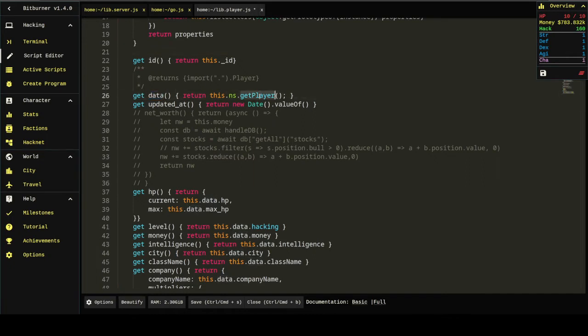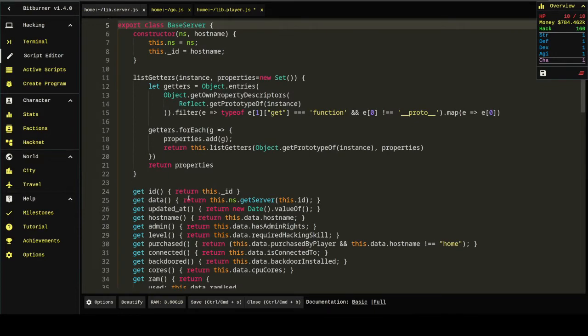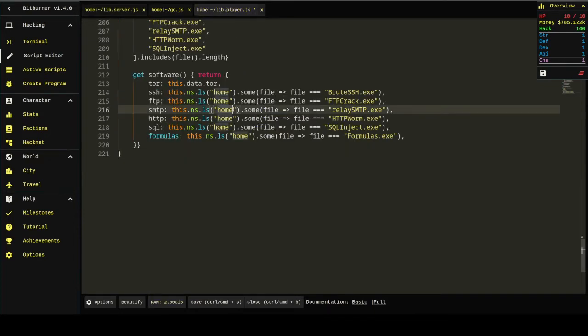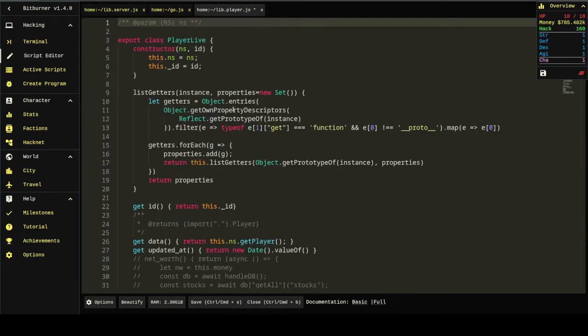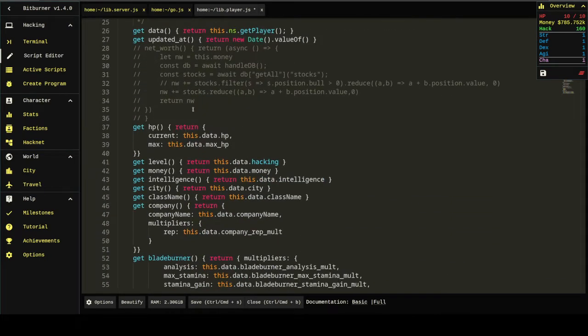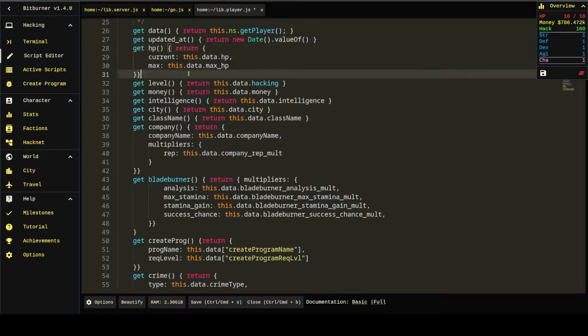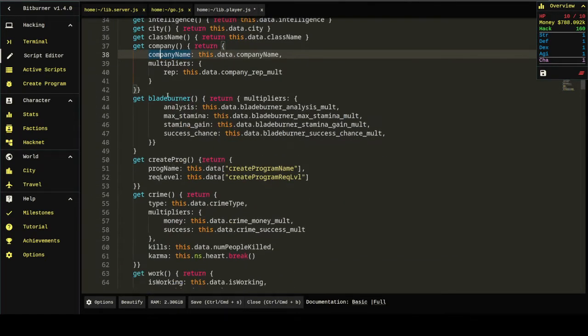Data returns this.ns.getPlayer, which is the same as libserver, where data returns this.ns.getServer. getHP returns this.data.hp, so we'll have an HP property with current and max. We'll have level, money, intelligence, class name, company, and so on. We'll have Bitburner information, create program,